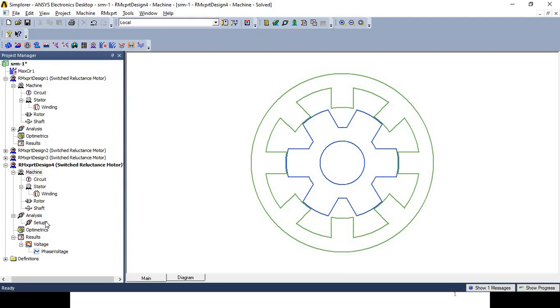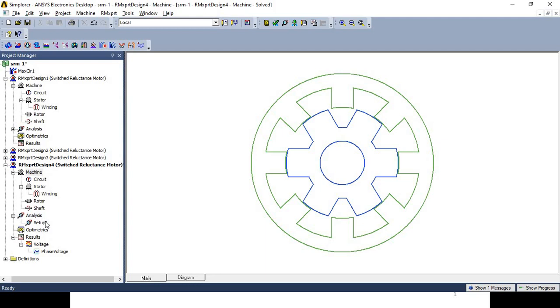But if the software is not available, what will be the problem? You have to manufacture your motor hardware, make your hardware model of the motor, then in the laboratory you have to check the performance. But here within seconds you will get the corresponding graph of the performance of the motor,